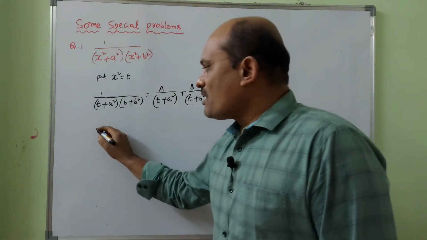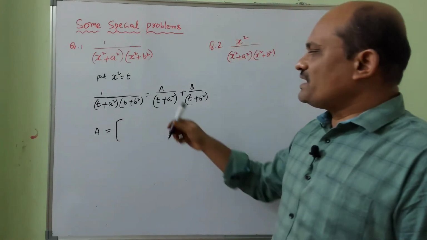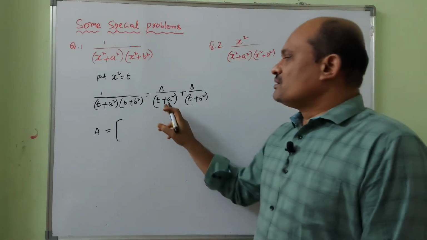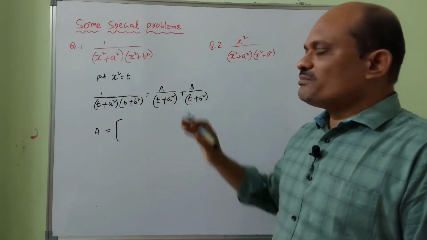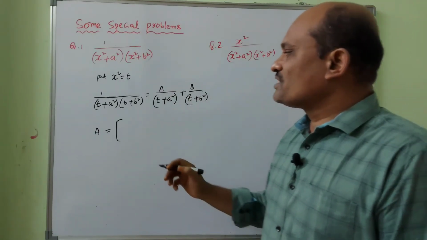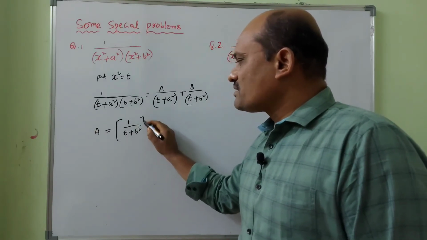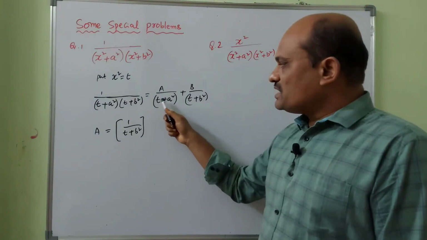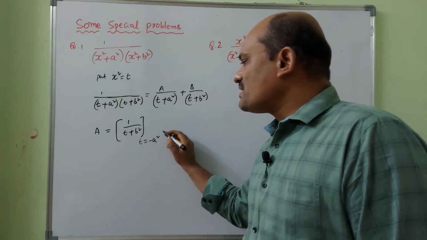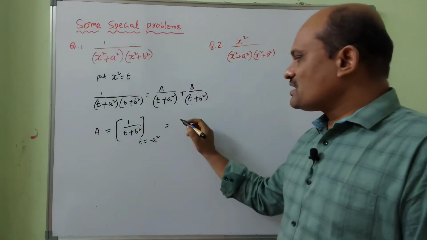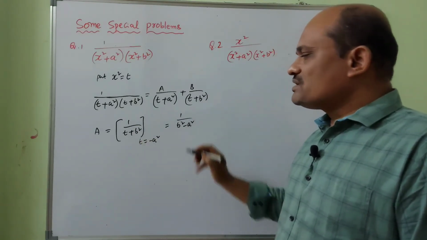I already told you how to find the values of A and B in a shorter method. Very simple. Because it is first degree, the partial fractions are these two. A can be calculated in a shorter way like this. Leave t plus a square, write the remaining thing, t plus b square. Here assume t plus a square equal to 0, that means t is equal to minus a square. Substitute t equal to minus a square, directly you will get A. Substitute here, what you get? 1 by minus a square plus b square, that is 1 by b square minus a square.